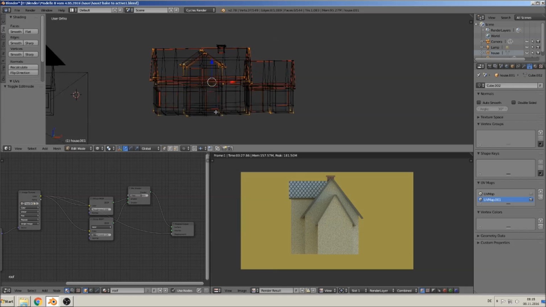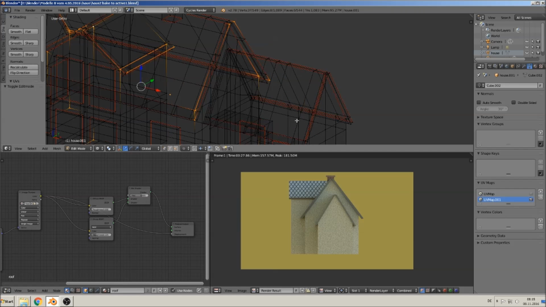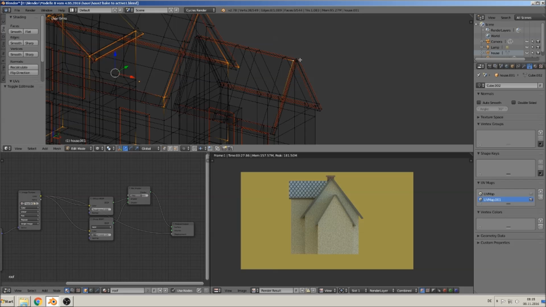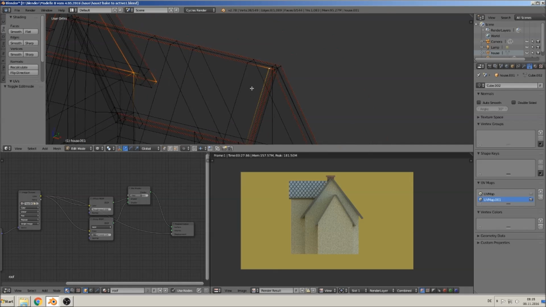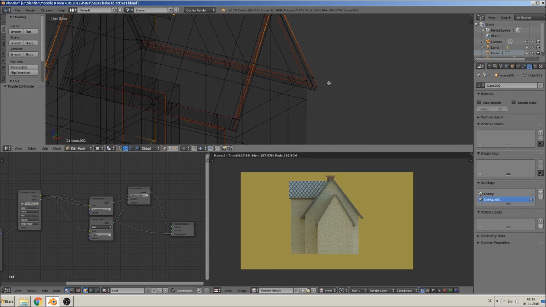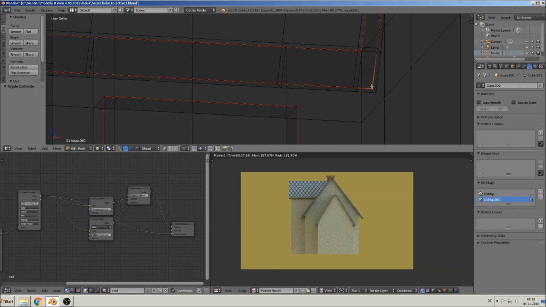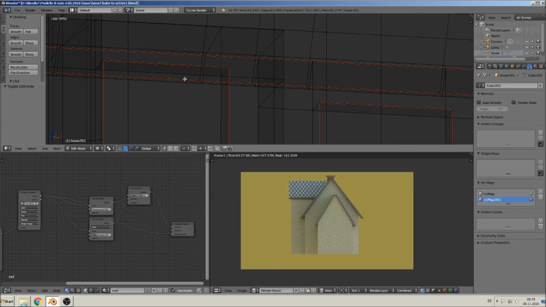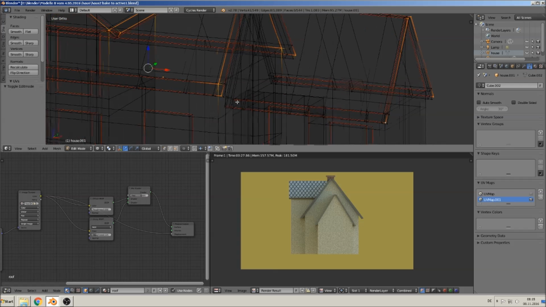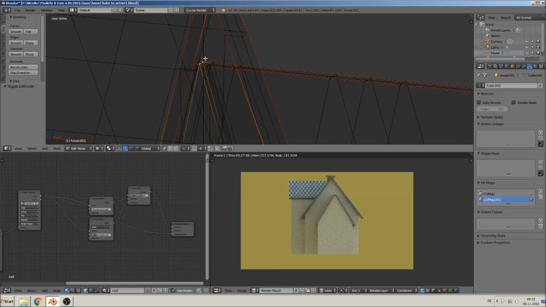So I think that is enough. We will see. Here we've forgotten, we must look here, here, here, and here. And at the end, part